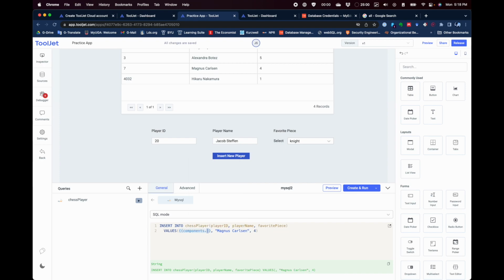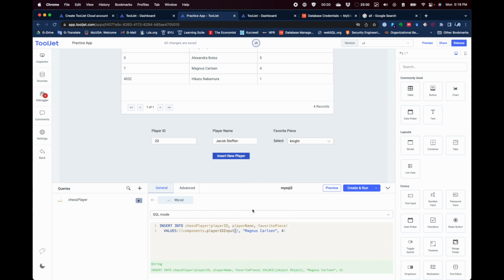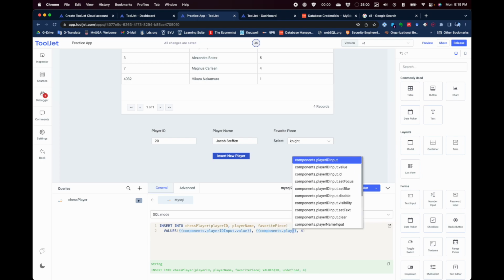You can push enter, then dot, and we want to grab the player ID, which we called player ID input, and then put another dot and just put value, because we want the value that was inputted into here. Then after that, we have the player name that we want to insert. So we can do the same thing of doing the 2 curly braces here and do components. This one is player name